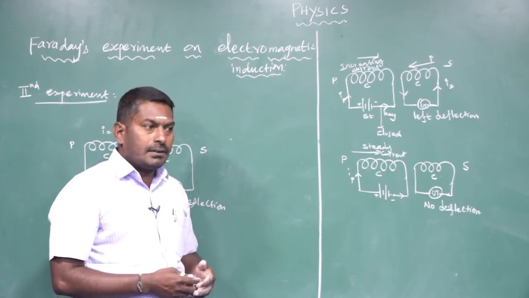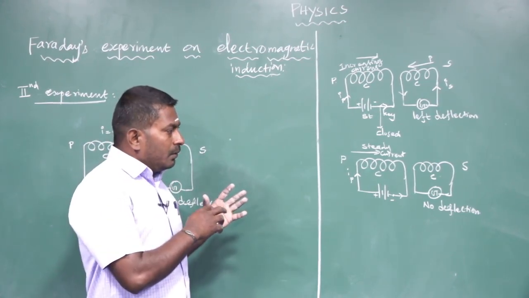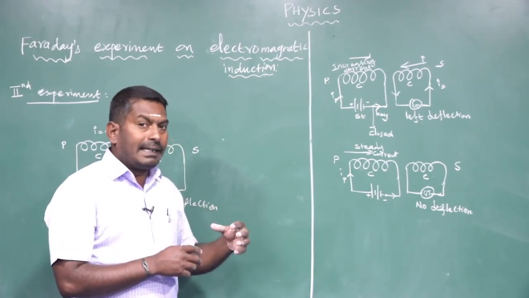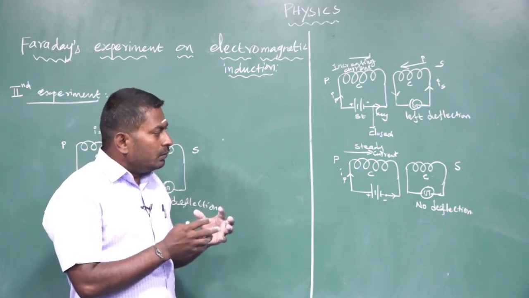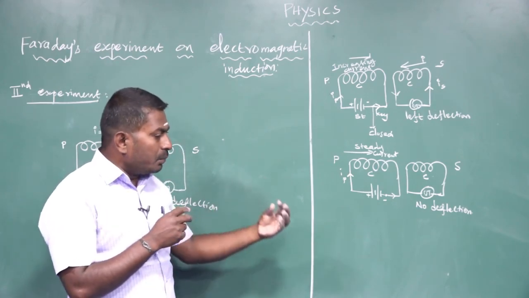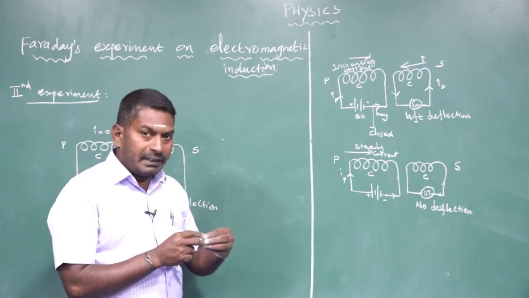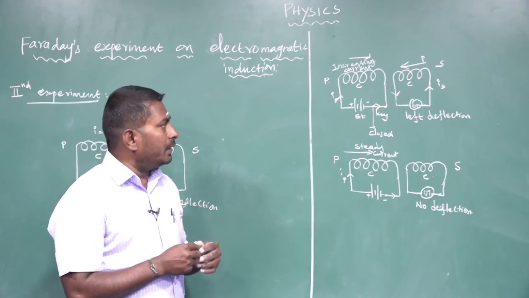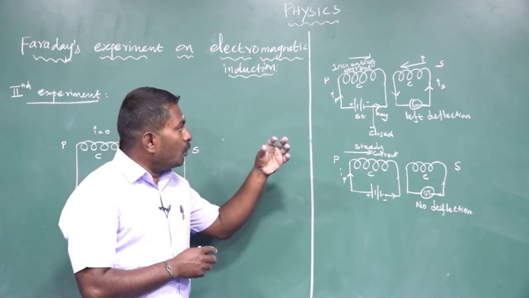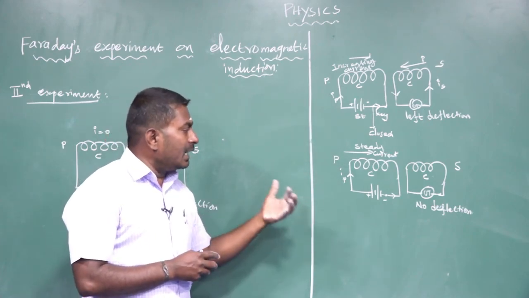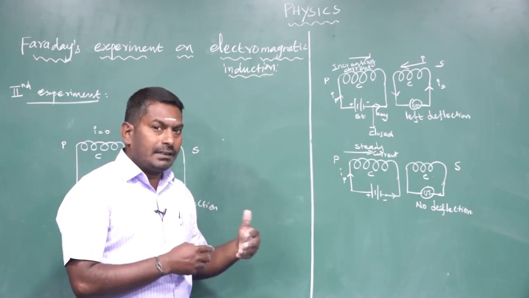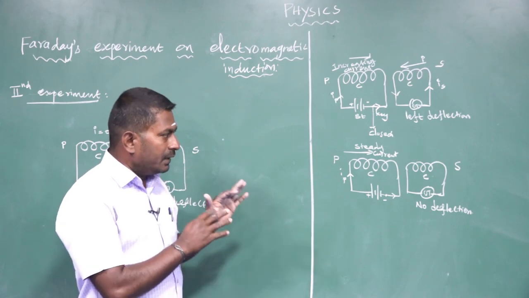In the next video class, we will discuss Faraday's first experiment and Faraday's second experiment, from which Michael Faraday concluded how electric current is set up in the closed circuit when a bar magnet is moving towards a coil or withdrawn from the coil. In the second experiment, we will discuss how electric current is set up in the secondary closed circuit due to growth and decaying of current in the primary circuit. We will discuss it later, but in this video class, it's a very, very important basic thing.